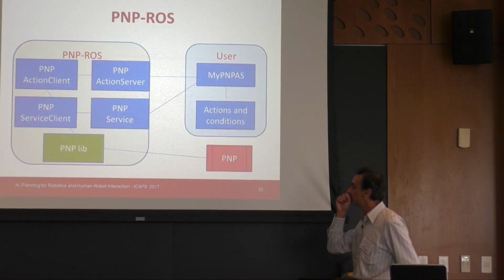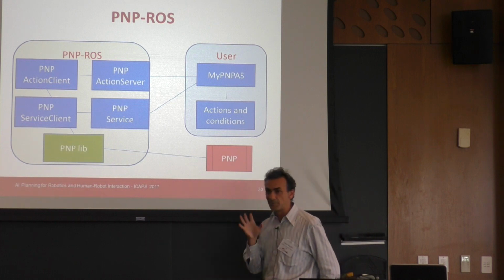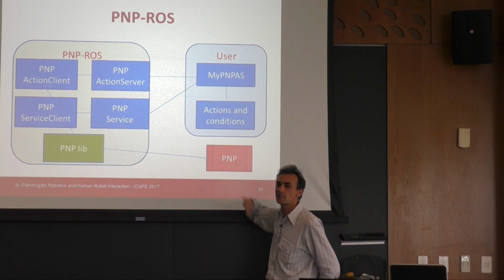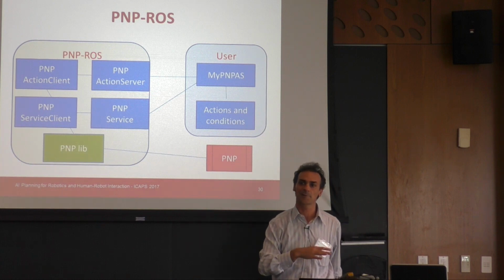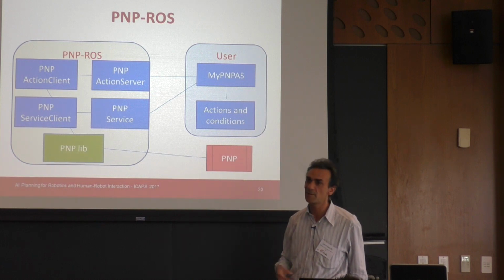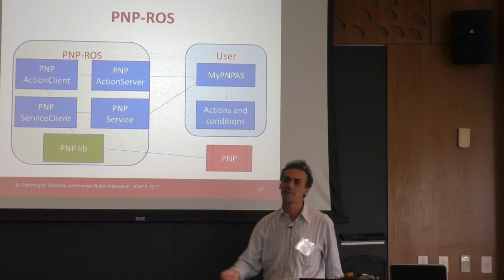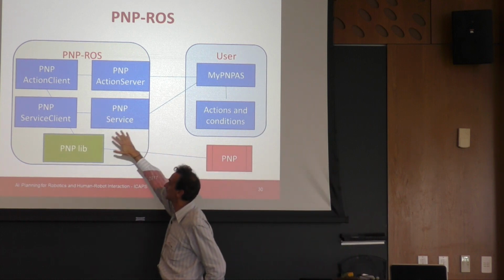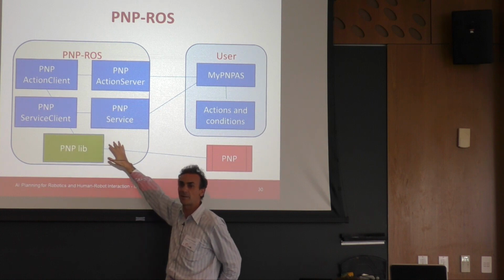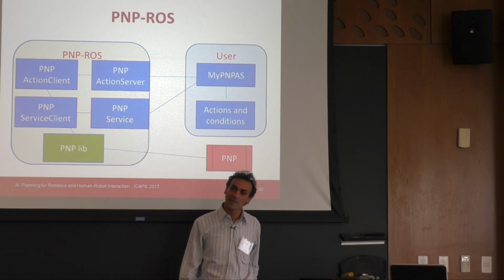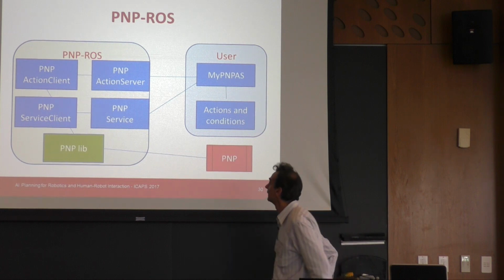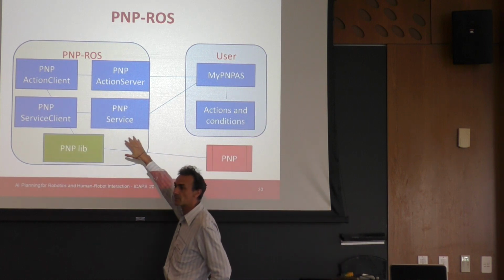So this is a sketch of the situation. We have a plan that is generated in some way with ROSPlan or with the system that we are describing, or you write this plan manually, whatever you want. And then you have this part that is the domain-independent library. So here you don't have to write any line of code. You can use this as a black box.